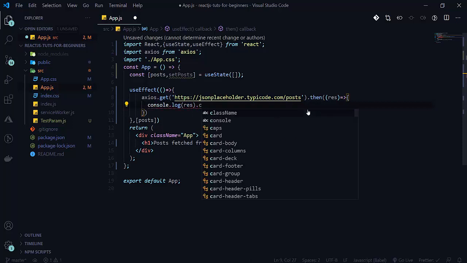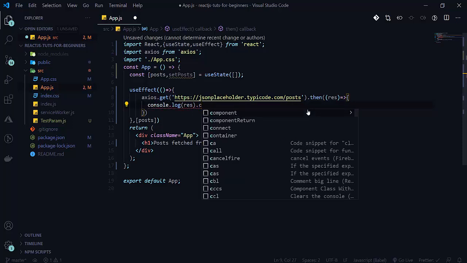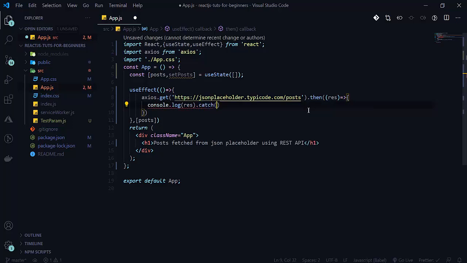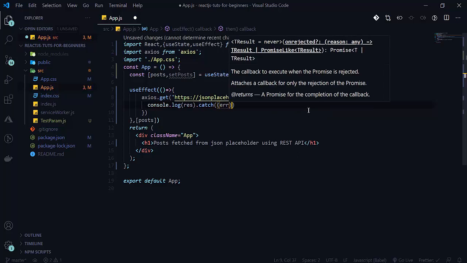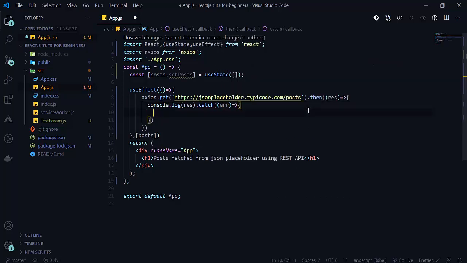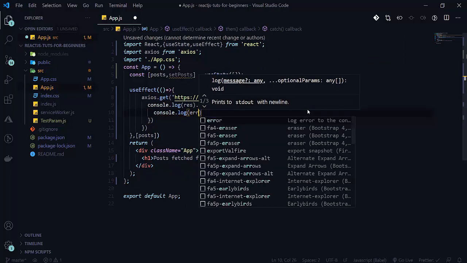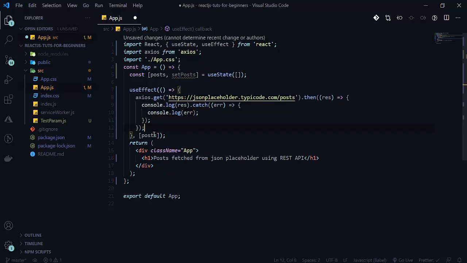Another will be the catch statement, .catch. If we get any error, we will console.log our error here. Simply save it. Since we are not setting any post here, we will remove the dependency in the dependency array.